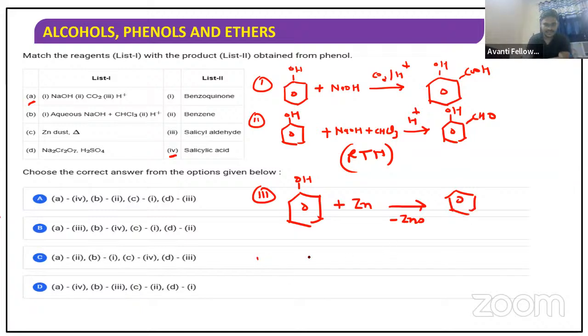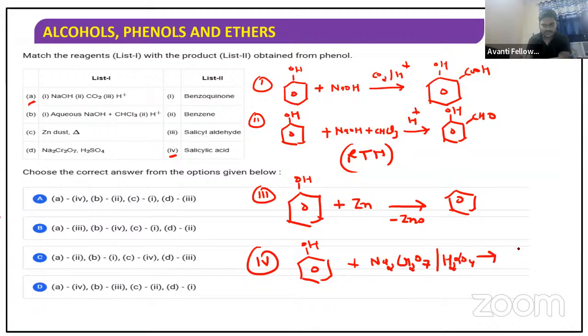And the last one, when phenol is treated with Na2Cr2O7 and H2SO4, then benzoquinone will form. How will you write benzoquinone? This. Okay, so benzoquinone will be formed. We get benzoquinone, right? So the correct option is D,